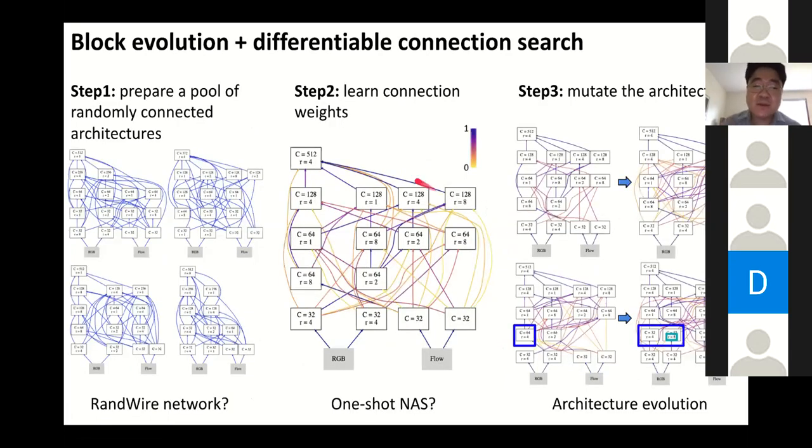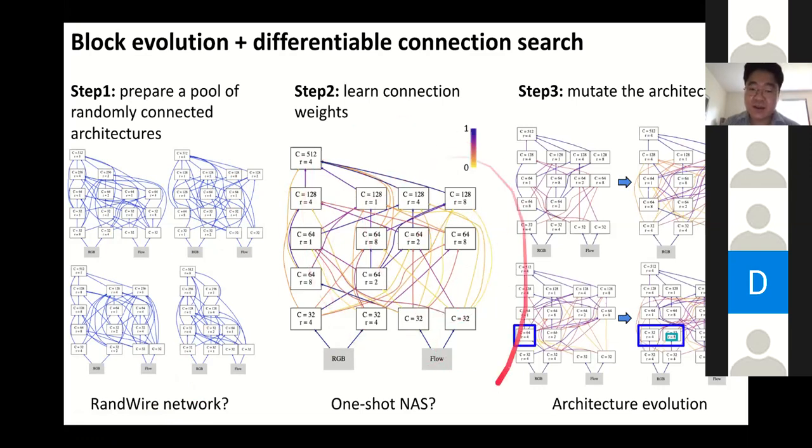And in AssemblyNet, it was a mixture of evolution plus differentiable architecture search. So in terms of evolution, it's how things look like. We prepare many randomly connected architectures in the beginning, similar to the RandWire network. And then we try to learn the connection weights. So what we randomly connect is a network. And when we are training this network, in addition to just learning convolutional filters, we are also able to learn the connection weights. So these are actually weighted inputs. And if the weight is actually near 0, that means that this connection is useless, so we can actually cut it. That's the main idea. And these weights can be trained together with convolutional filters. And that's what we do.